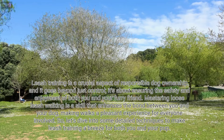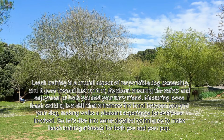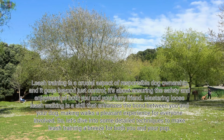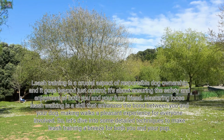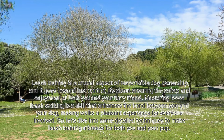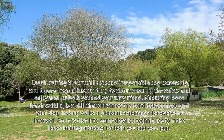Leash training is a crucial aspect of responsible dog ownership, and it goes beyond just control. It's about ensuring the safety and enjoyment of both you and your furry friend. Mastering loose leash walking is a skill that enhances the bond between you and your dog, making walks a pleasant experience for everyone involved. So, let's dive into some detailed techniques to make leash training a breeze for both you